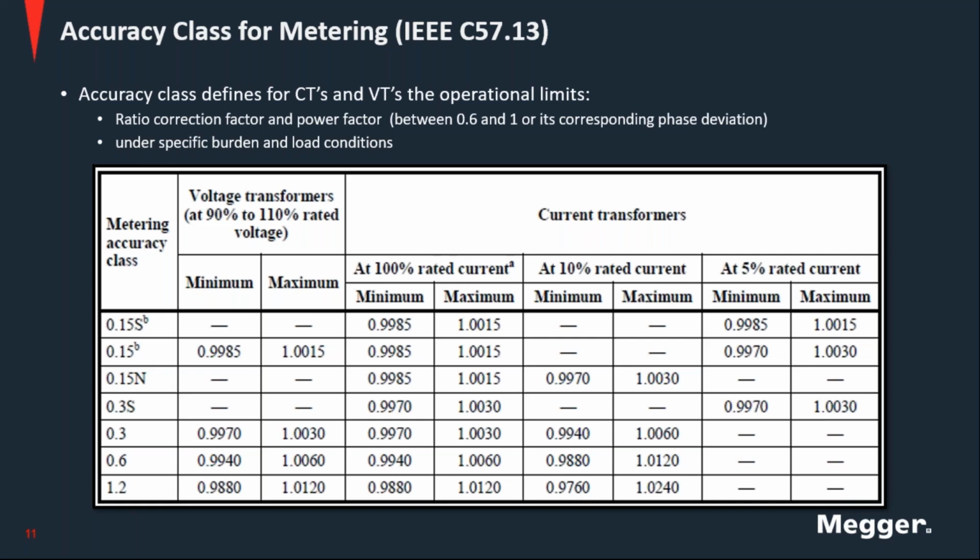So these transformers need to perform also down to certain levels. And that's why here we need to go down to 10%, different from voltage transformers. And again, you have the limits, the minimum and the maximum limit for the ratio error, for the ratio correction